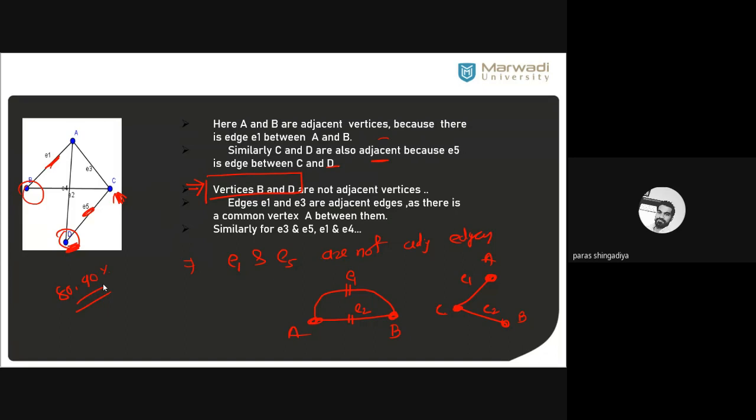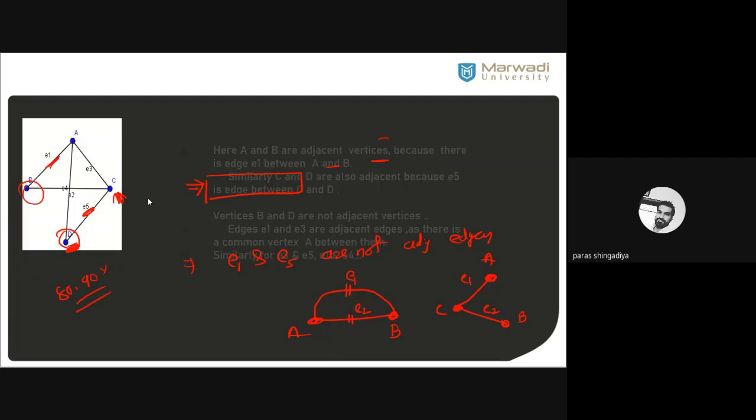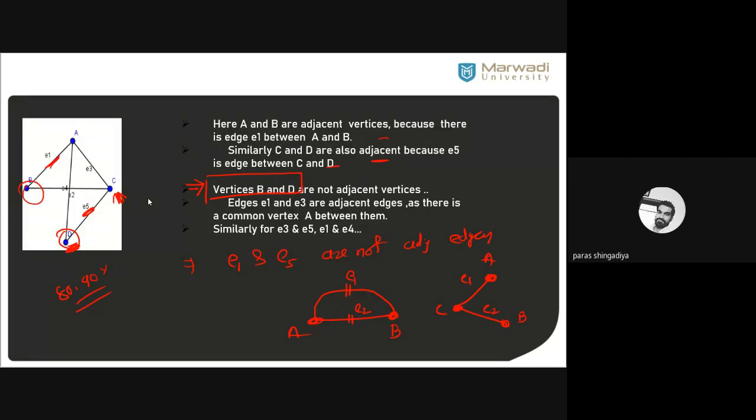So in this part, the simple definitions will be asked for the short questions, 1 mark, either in MCQ form. And a definition with its counter example is also asked for 2 mark theory. Write a definition of adjacency with one example. तो इस ग्राफ की जगह पे आप कोई दूसरा example भी ले सकते हो.